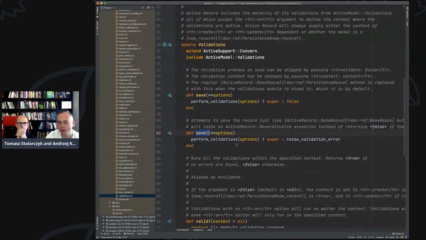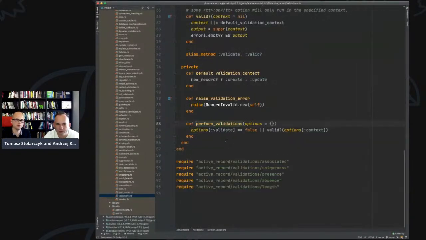I think that's the one. I'm not sure because there are multiple implementations of save, but let's assume. I remember what they were saying, that before you could have save with a false parameter, and then you would not have validations before saving your data. And then there was a change in the API so that you had to explicitly say validate. I suppose it's hidden somewhere here. Yeah, validate, so that's the option validate. Again, passing via hash map. Again, that's the pattern. I see it.